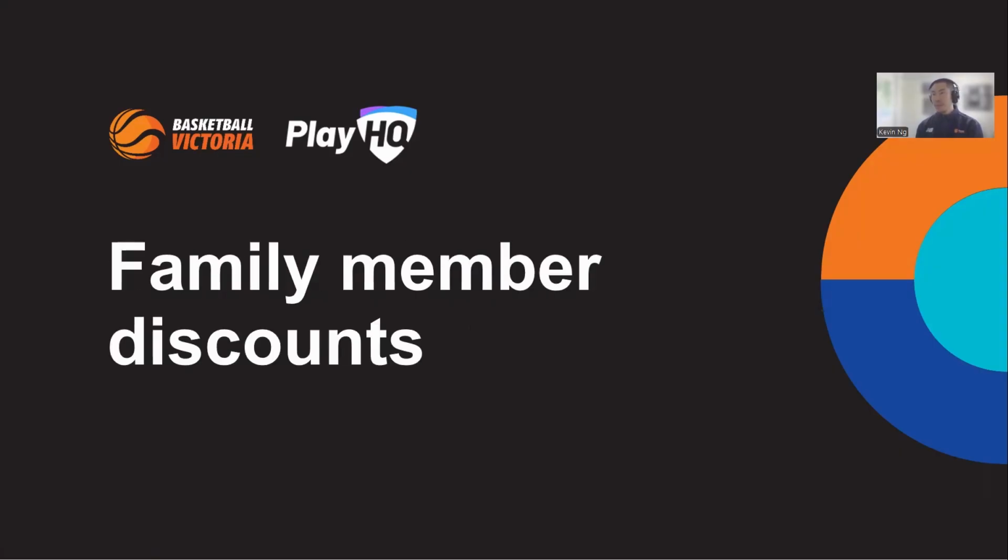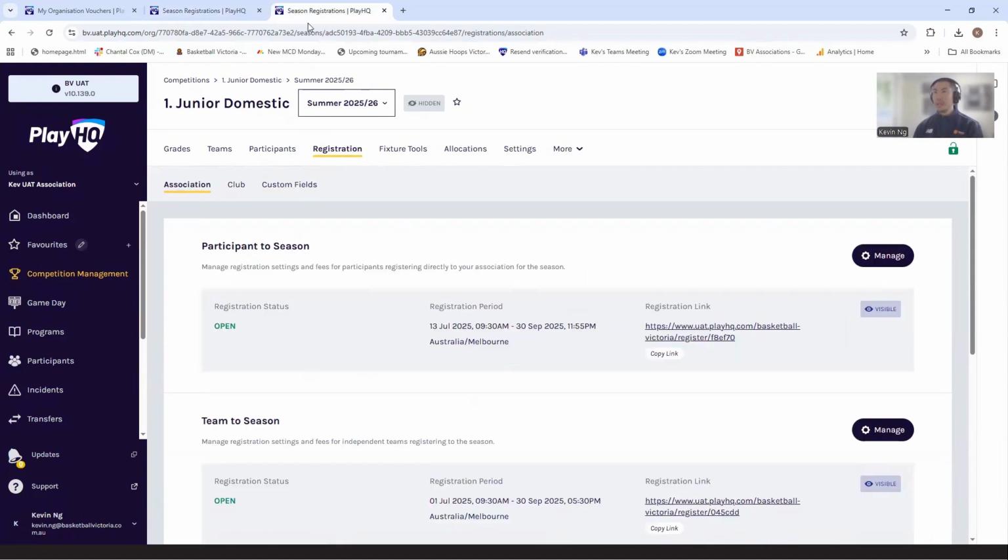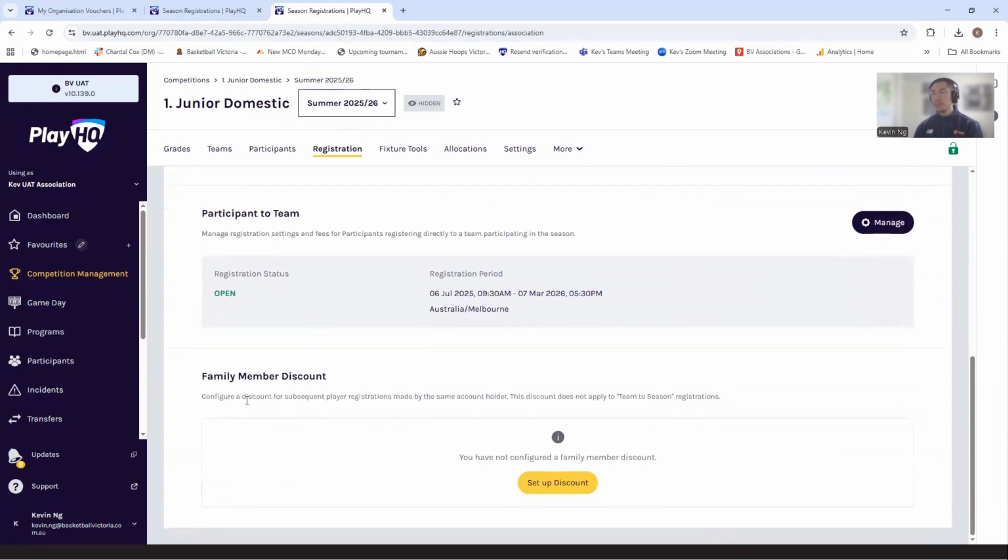Now, the final supplement I want to talk to you about is family member discount. So this allows subsequent registrants from the same PlayHQ account to receive a fixed percentage off their registration to the same competition season. So I'm in the registration section of a competition season, and I will click on the association tab and scroll down the bottom to family member discount. So if I set up that discount,